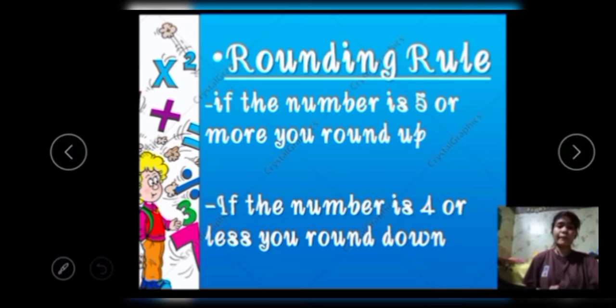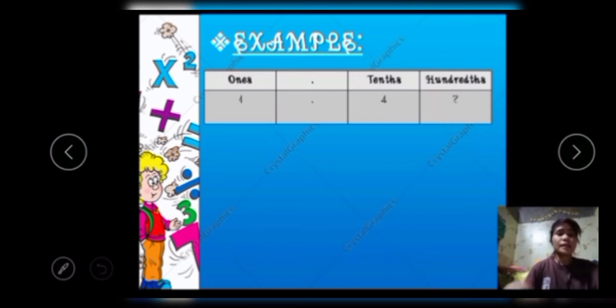Most of the time, we round off to the nearest tenth. But now, let's look at how to round to the nearest tenth. That means looking at the first digit to the right of the decimal point. Now, let's find the nearest tenth of